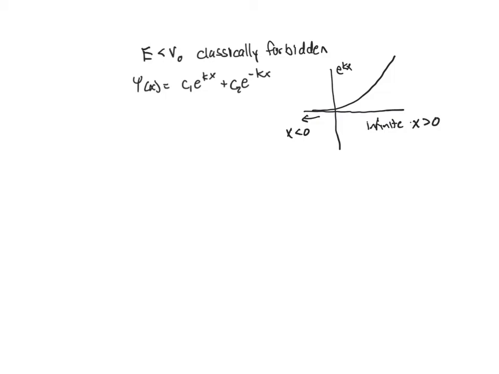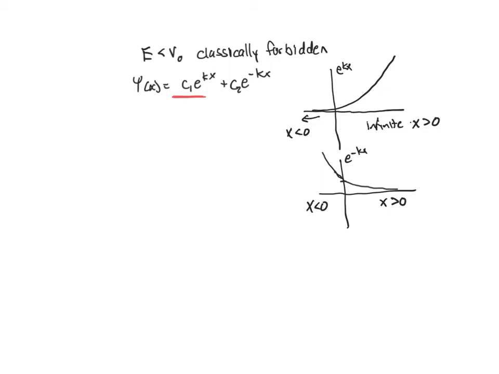So this first part of the wave function is only acceptable if x is less than 0. Now let's look at the other part of that wave function. So if I graph e to the minus kx, it will be 1 when x is 0, and it will asymptotically go to 0 at large x and infinity at large negative x. And so it's acceptable for x greater than 0, but if I put in x less than 0,